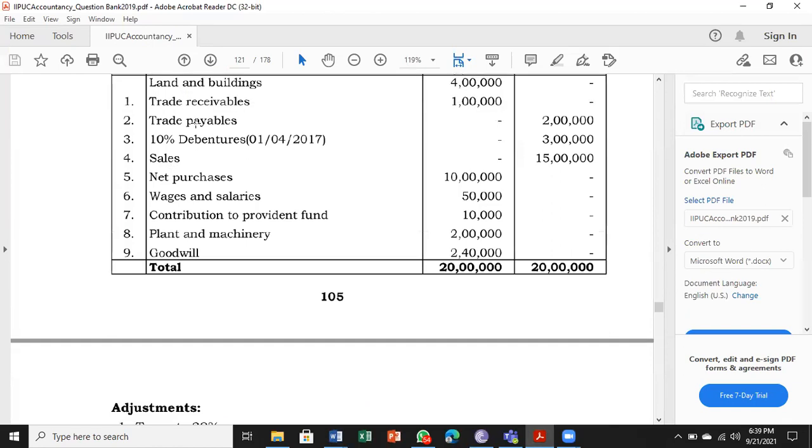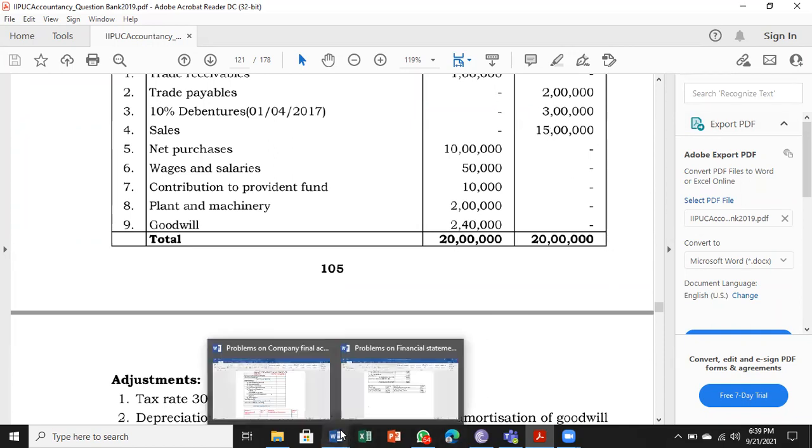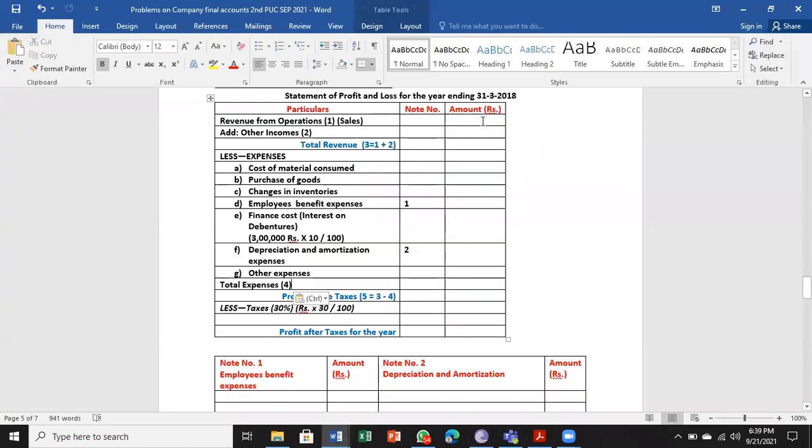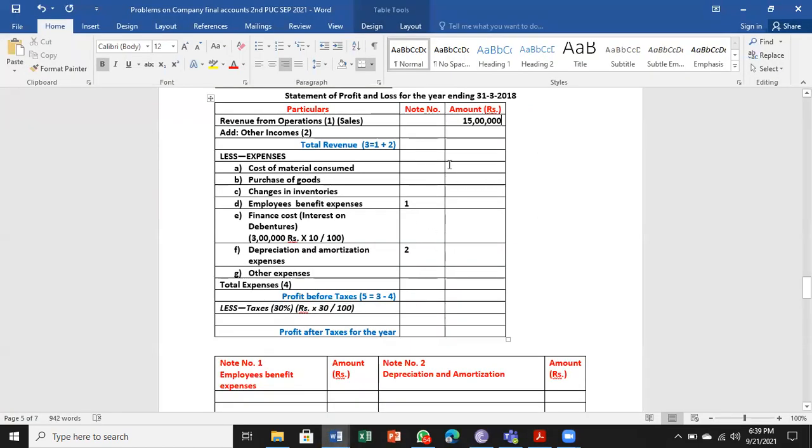So first 4 items, land and building, trade receivable, trade payable, debentures are not going to come. Next is sales, credit item, 15 lakhs. Remember, credit what goes out. So it is a credit item, 15 lakhs. Sales straight away in the income statement. Next, net purchases, 10 lakhs, straight away in the income statement. Purchase of goods, 10 lakhs. Next,